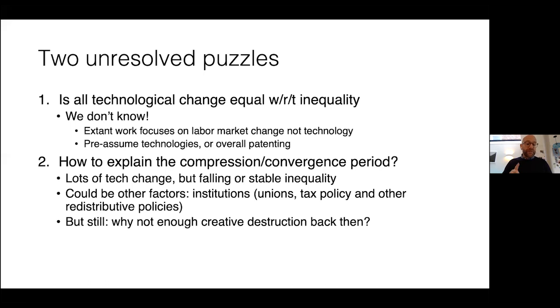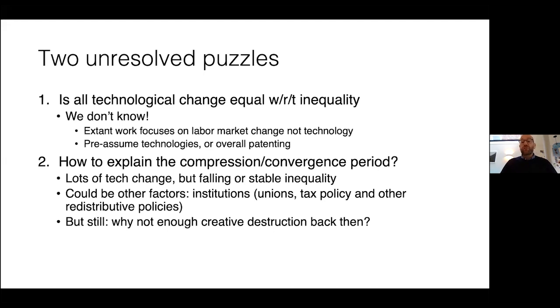So that's one puzzle. The second puzzle is, as I hinted at, this huge volume of work about inequality is really narrowly, in fact, focused on the 1980 and beyond period. In other words, we see this rise in inequality in our societies. We get very concerned with it, and we study it only in that period, but we're, for the most part, ignoring the previous period, 1940 to 1980, in which we have this strong compression and convergence at the interpersonal and at the interregional scale. And we know during the 1940 to 1980 period, there's lots of technological change, and yet we have, for the most part, falling inequality.